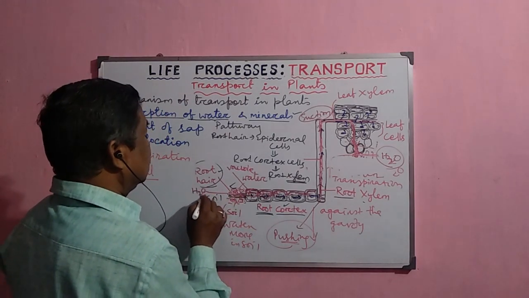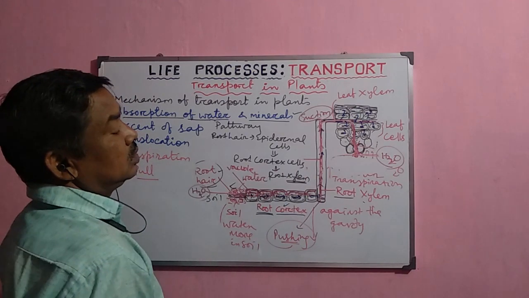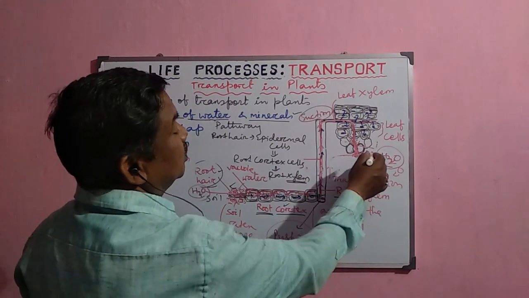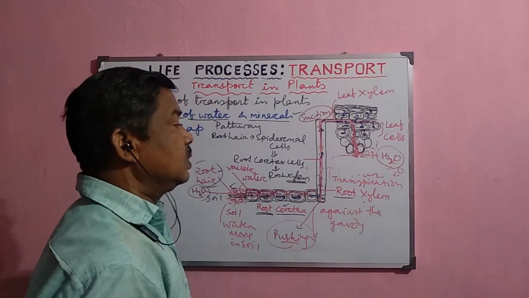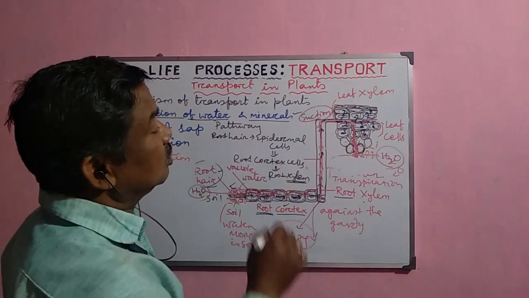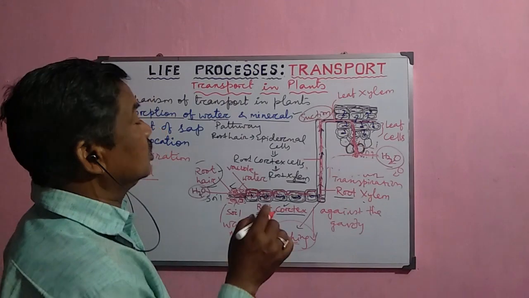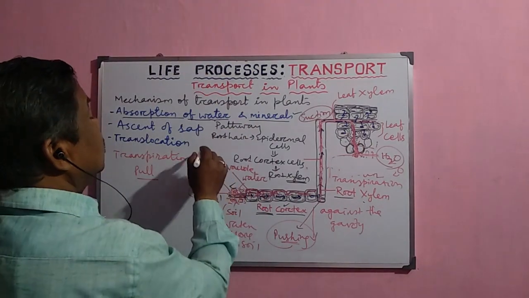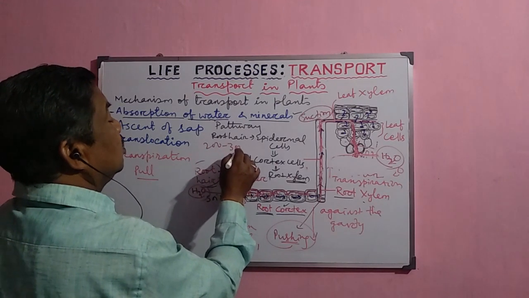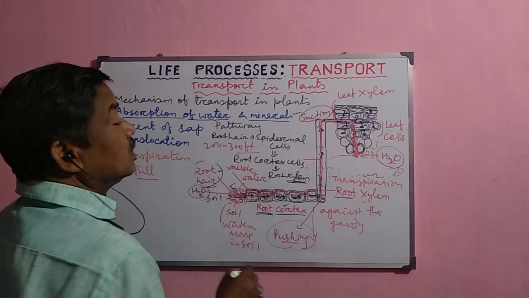The water will continuously enter here. Suppose you just open a tap here, automatically water will rush from here because it is a continuous pipe. So that is why this is called transpiration pull theory. And according to this, the water is going up to around 200 to 300 feet tall plants, and continuously